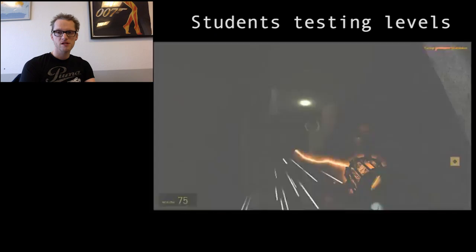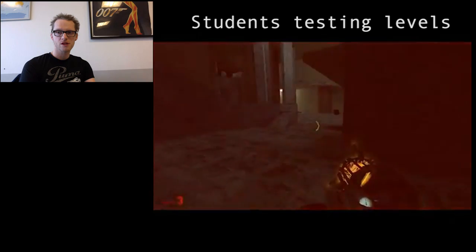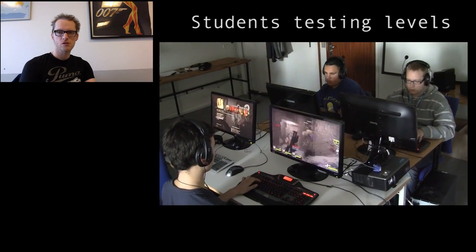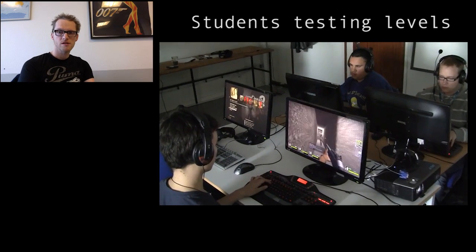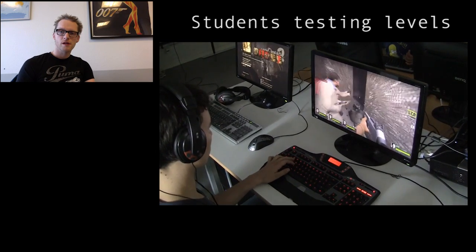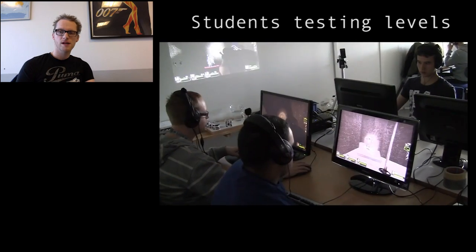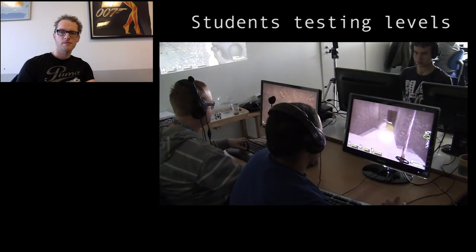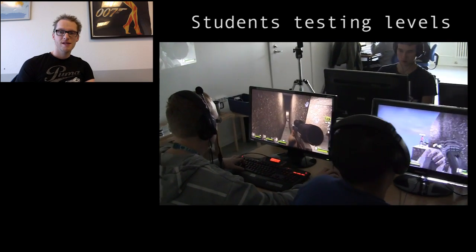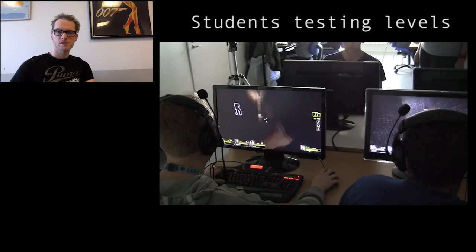So their motivation is really high to work with the content, but our goals are actually to give these students some social training, and this is in the test process where they test each other's levels. They have to provide feedback, both verbal and written, and they have to evaluate each other's levels and implement the feedback that they get in the process of perfecting their levels.